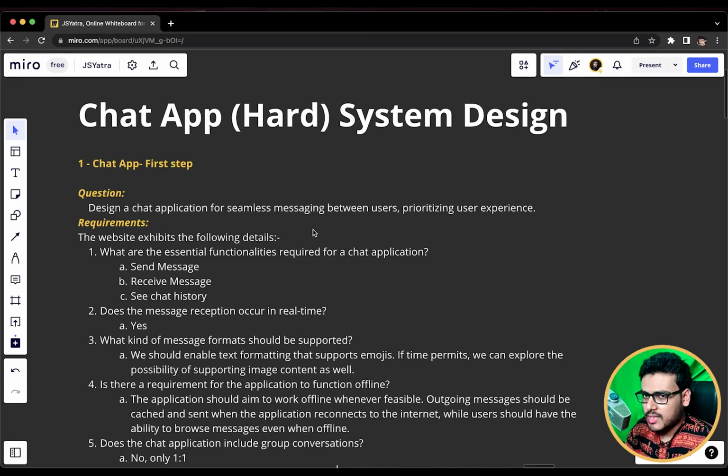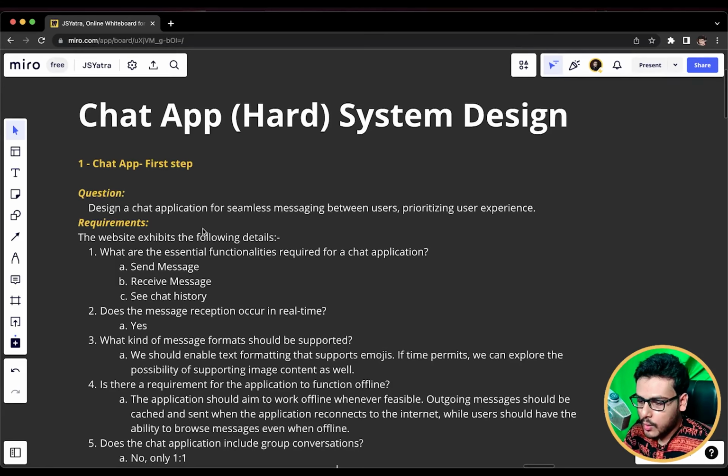So chat application is nothing. You can take examples of WhatsApp, you can take example of Facebook Messenger, you can take example of Telegram. So these were the few examples, and primarily you can focus more on the WhatsApp part because that is exactly what we are going to design today. And we'll be keeping in mind all the functionalities that a WhatsApp basic feature has for the messaging system.